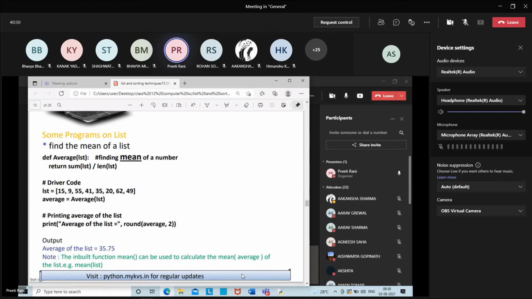See, write a program to find the maximum, minimum, and average from the list.